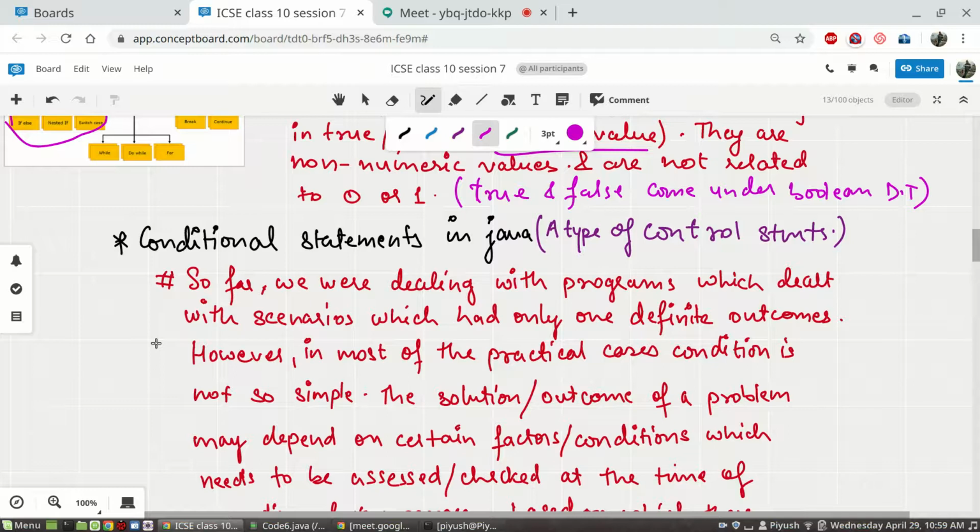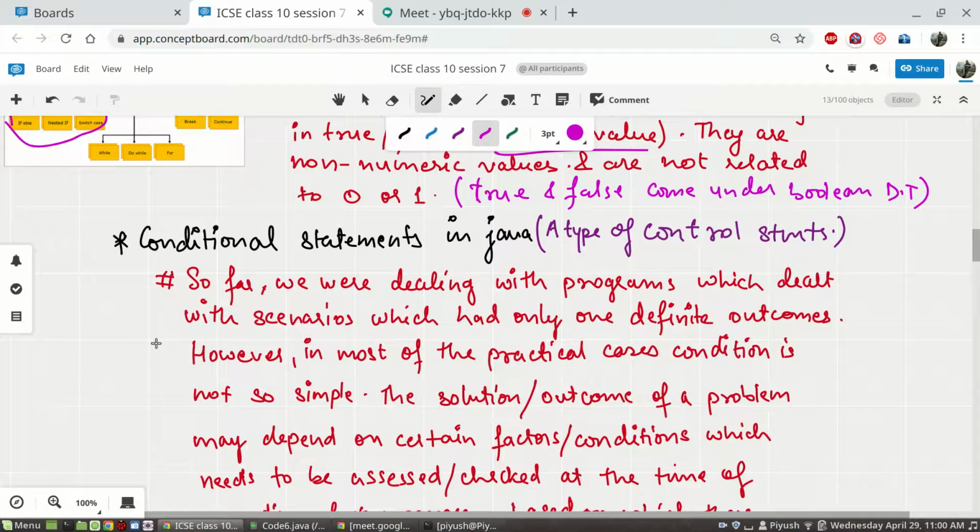However, in practical life, the condition is not that simple and straightforward. There will be problems where, depending on circumstances, you may have different outcomes. For example, I'll give you a simple one, not related to programming, though you can write it in programming.